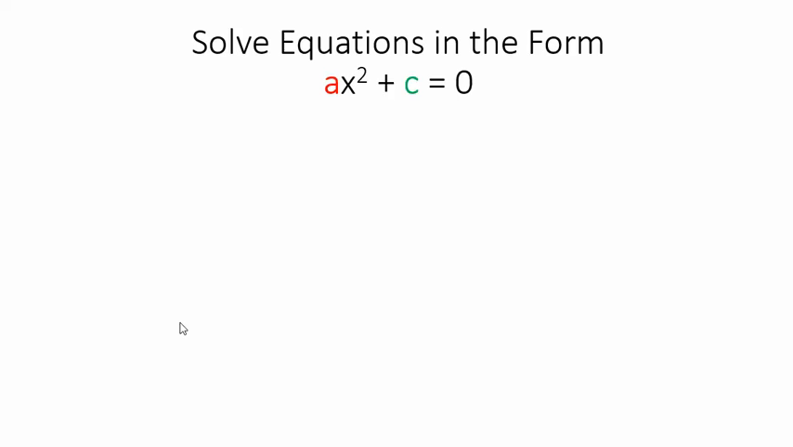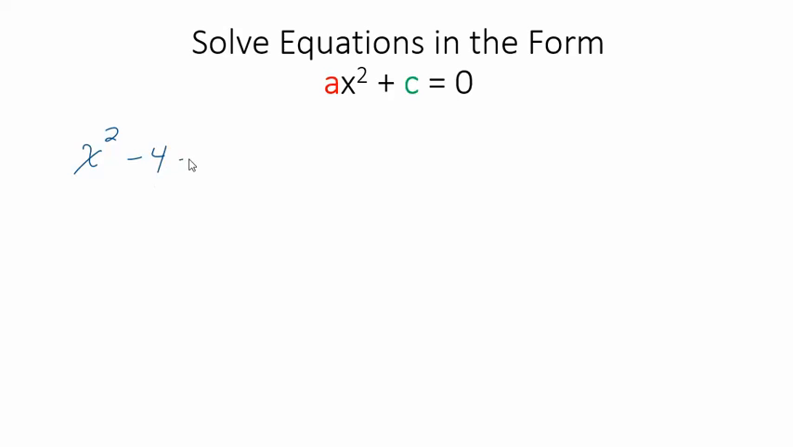In this video, we're going to look at solving equations in the form ax squared plus c equals 0. Now, you might recognize ax squared plus bx plus c equals 0 as a quadratic equation, and what I'm going to look at in this video is specifically examples where the b value is 0, and so we don't have an x term. So, for example, let's say I have the equation